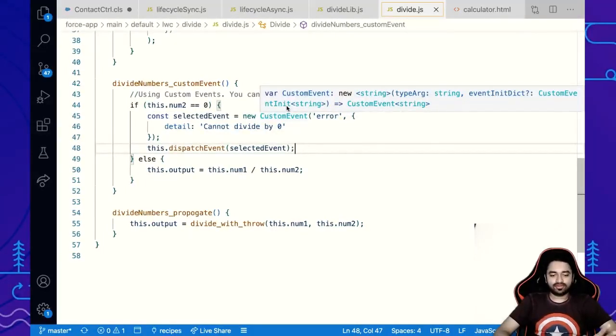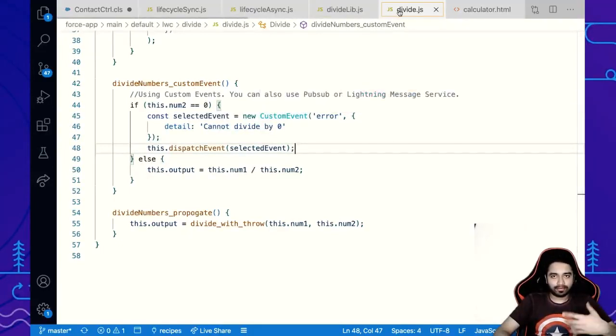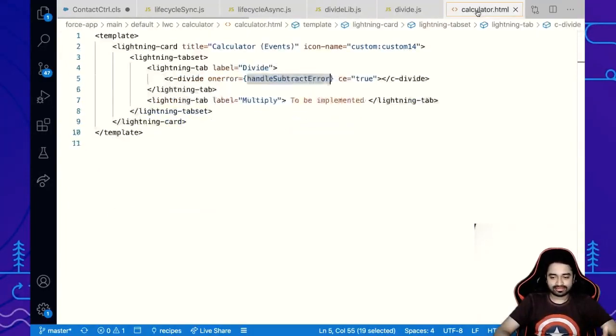Now, all of us know we can embed this component inside a parent component. In this case, it is the calculator component that I've created, where I've embedded the divide component. And we know how to handle events from the child component. We say on error or on event name and specify an event handler for it.